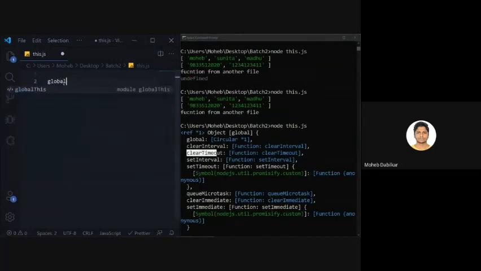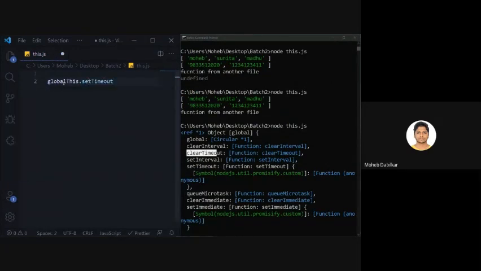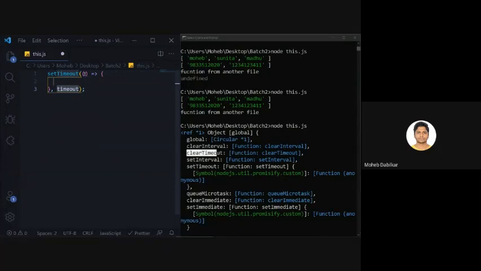So we will say global.setTimeout. But instead of saying this, we will just say setTimeout. It takes in a function, and it takes in a dependency, and that is your timer.